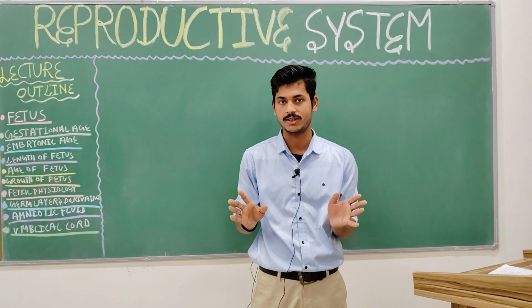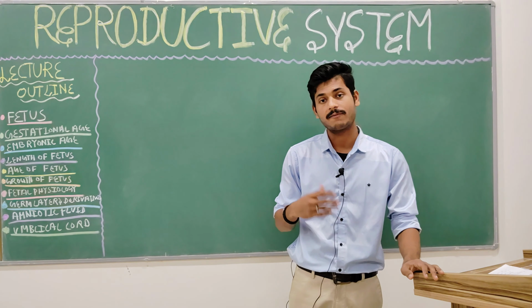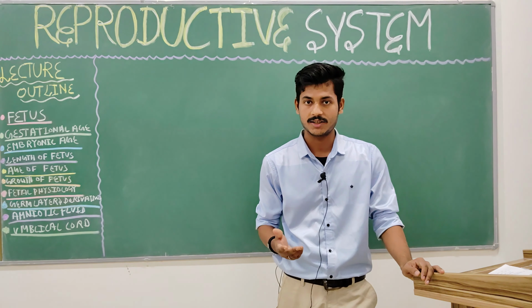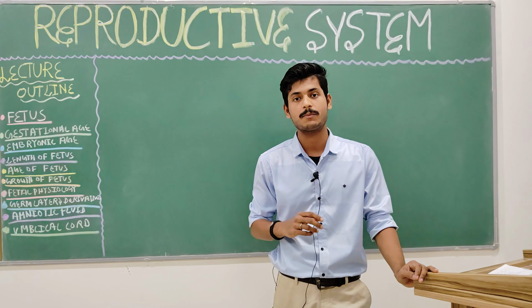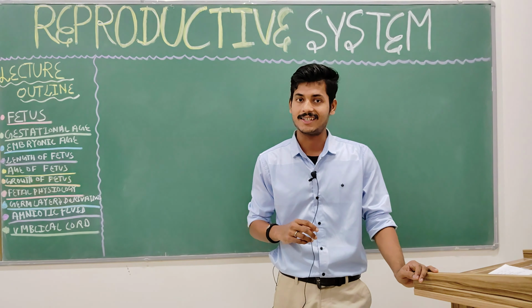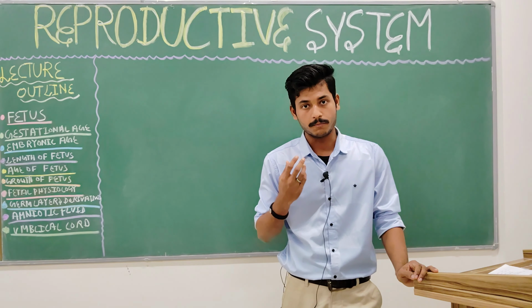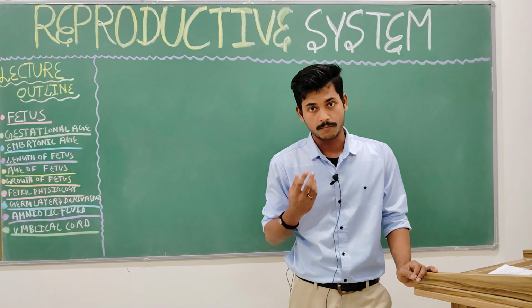That is called implantation. After implantation we saw placentation, and how the pregnant female reproductive system undergoes structural, metabolic, and physiological changes. In today's lecture we will again deal with pregnancy,